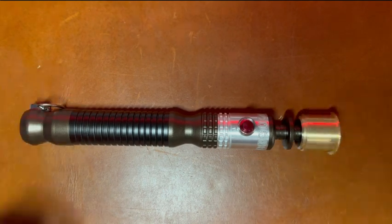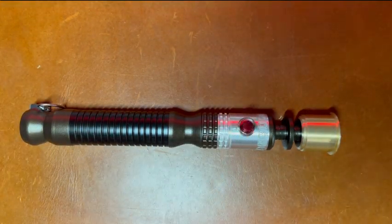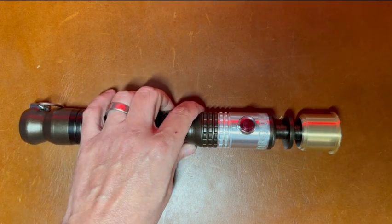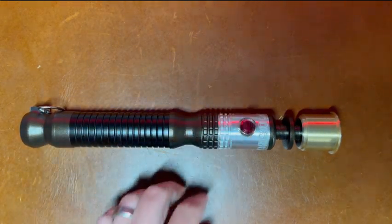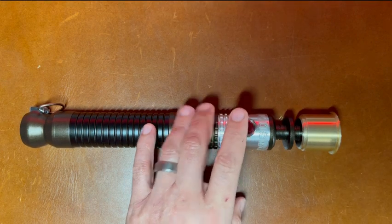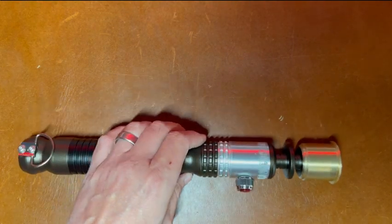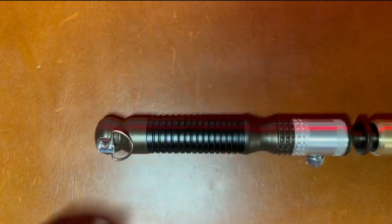All right, I did recycle an old button from a Graflex 2.0 kit, because from the pictures that I saw of this saber, it had a red button, and that's the closest thing that I had, so I thought it looked fine there. This is a one button setup, so everything happens from here, and we'll go over it. All right, along with that button, I also